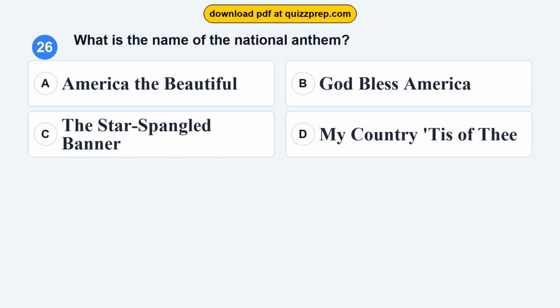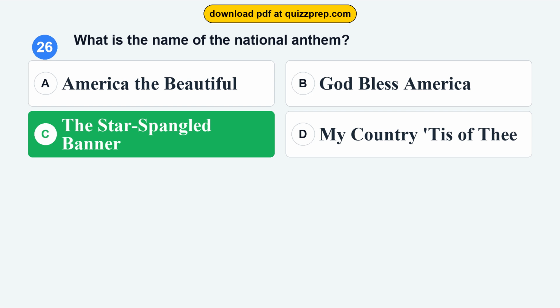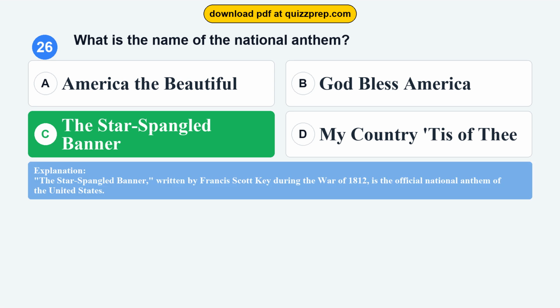Question 26. What is the name of the national anthem? Option A, America the Beautiful. Option B, God Bless America. Option C, The Star-Spangled Banner. Option D, My Country, 'Tis of Thee. The correct answer is option C, The Star-Spangled Banner. The Star-Spangled Banner, written by Francis Scott Key during the War of 1812, is the official national anthem of the